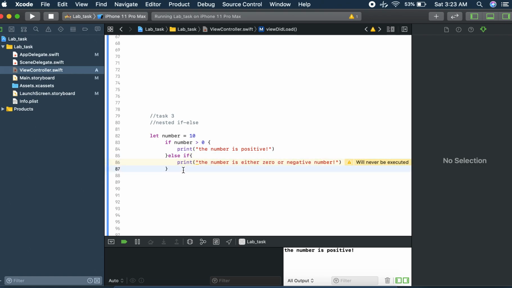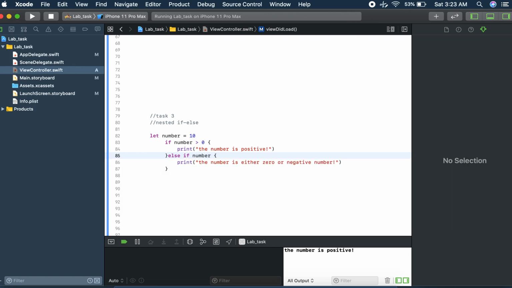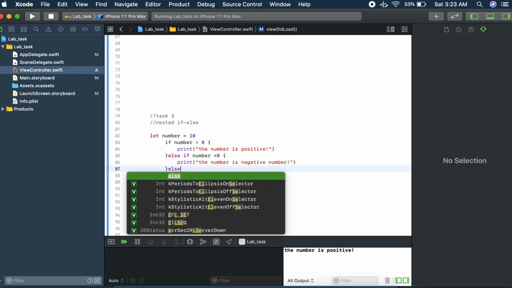Okay, we have this if statement, then after the if statement we have this else if condition, but for else if you have to write a condition. So we will write number is less than 0, so the number is a negative number,